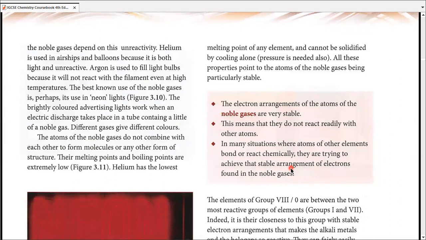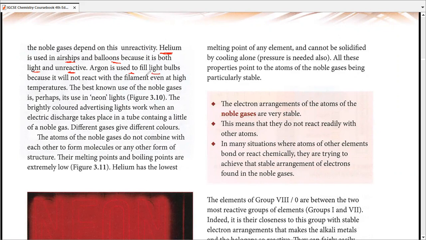Now, what are you supposed to do from this part? Since they don't react, we don't have any reactions to show with noble gases. Their uses is actually something that you are supposed to memorize. So you are supposed to memorize the use of helium in airships and balloons because it is light and unreactive,